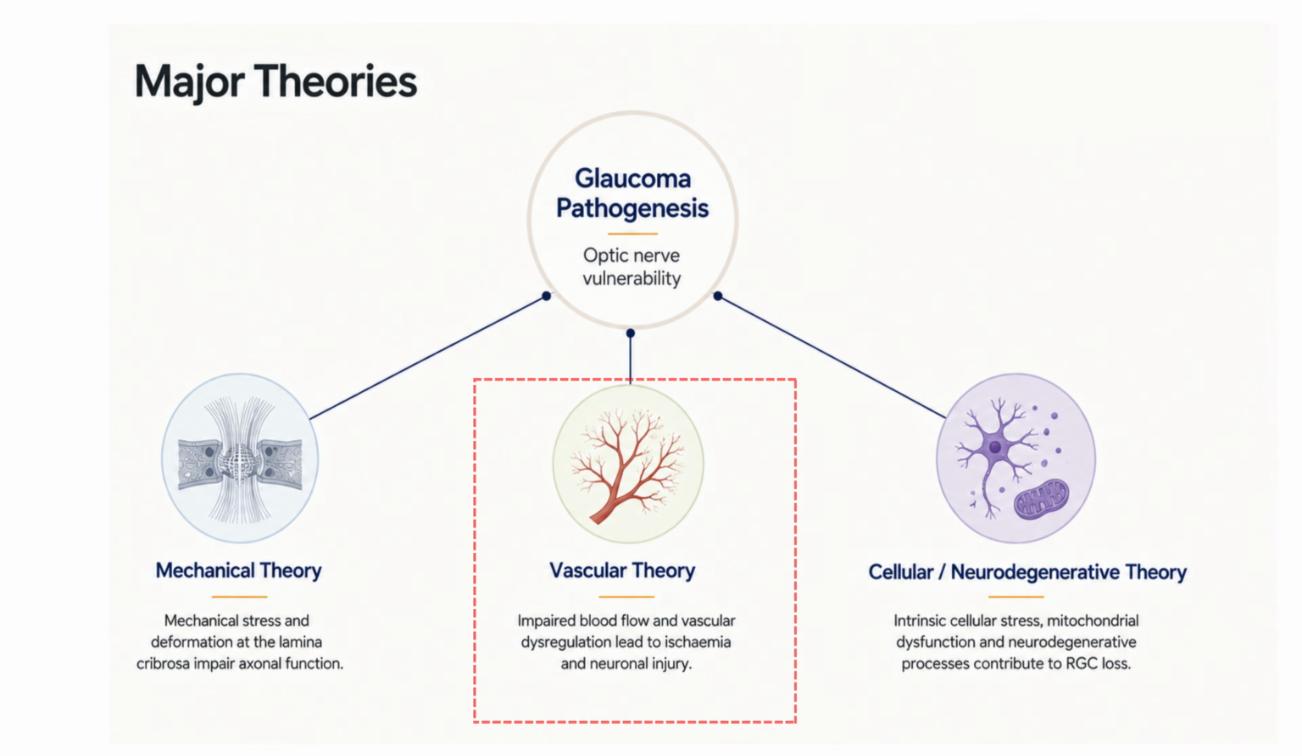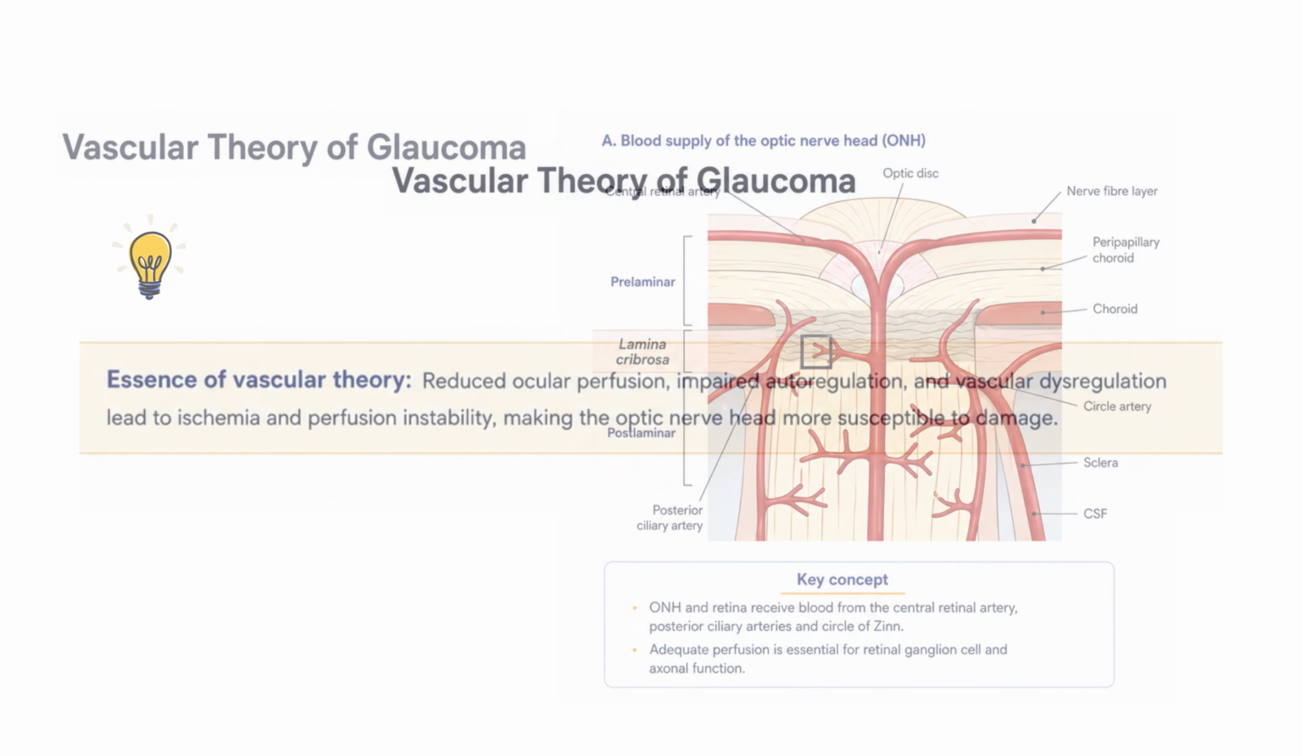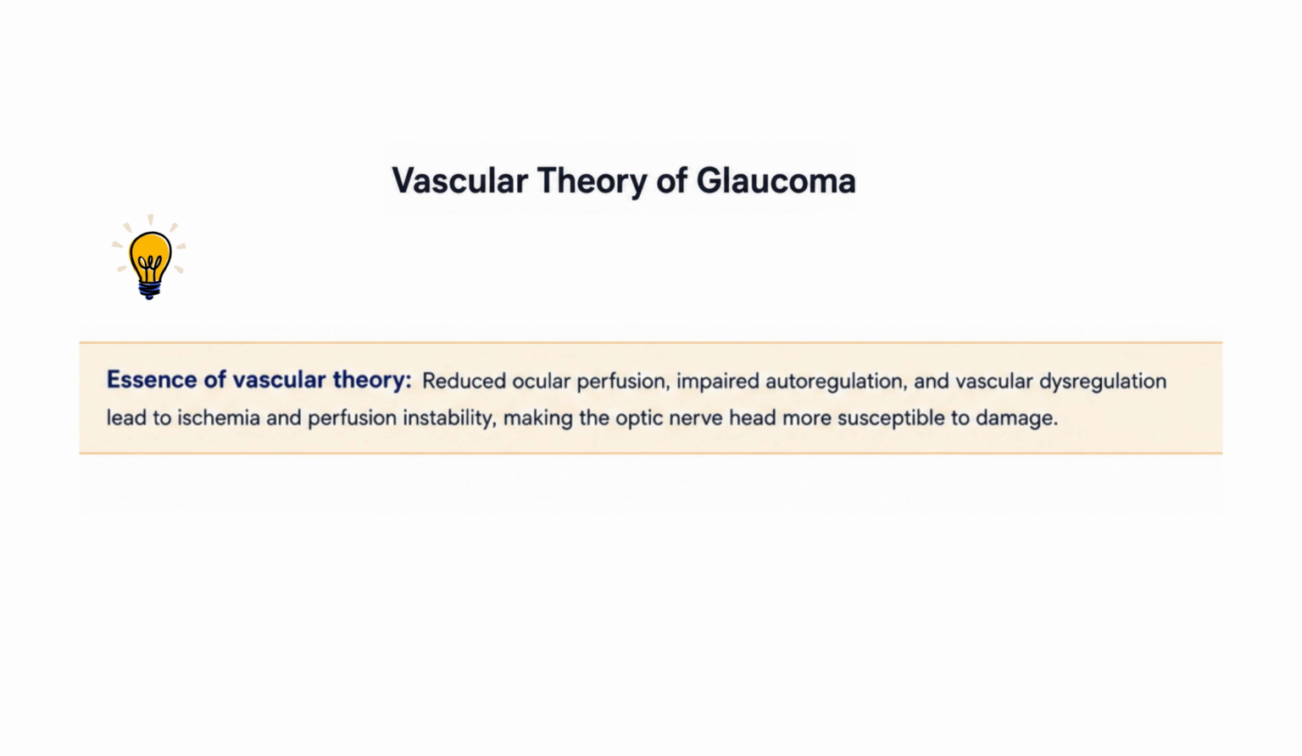Next is the vascular theory. The optic nerve head also needs a continuous and stable blood supply. Blood flow depends on adequate perfusion pressure and on the ability of local vessels to regulate blood flow according to the tissue needs. If the optic nerve head perfusion becomes low or unstable, the tissue may receive less oxygen and fewer nutrients. This may occur with reduced ocular perfusion pressure because of various reasons: impaired autoregulation, vascular dysregulation, or repeated